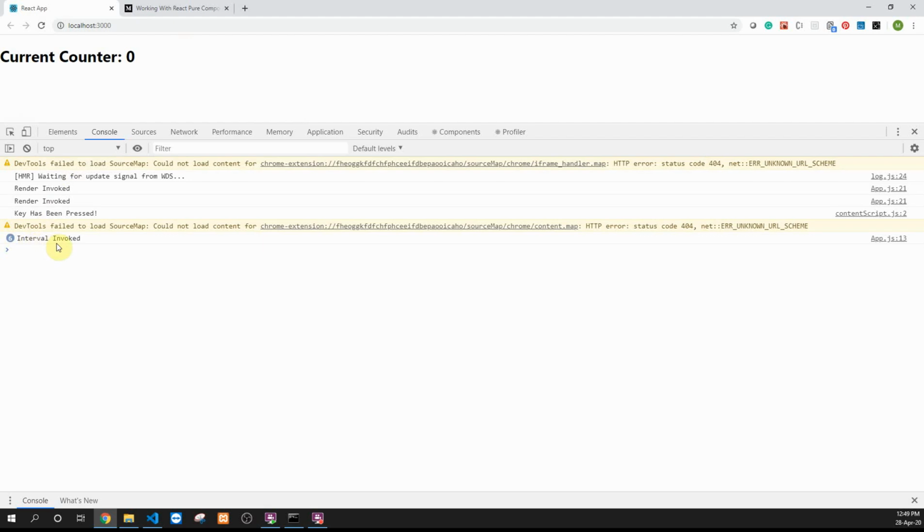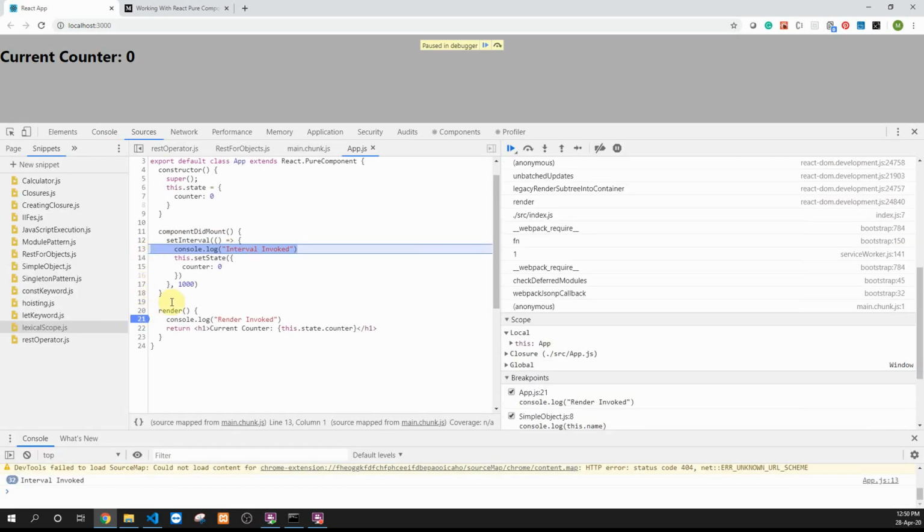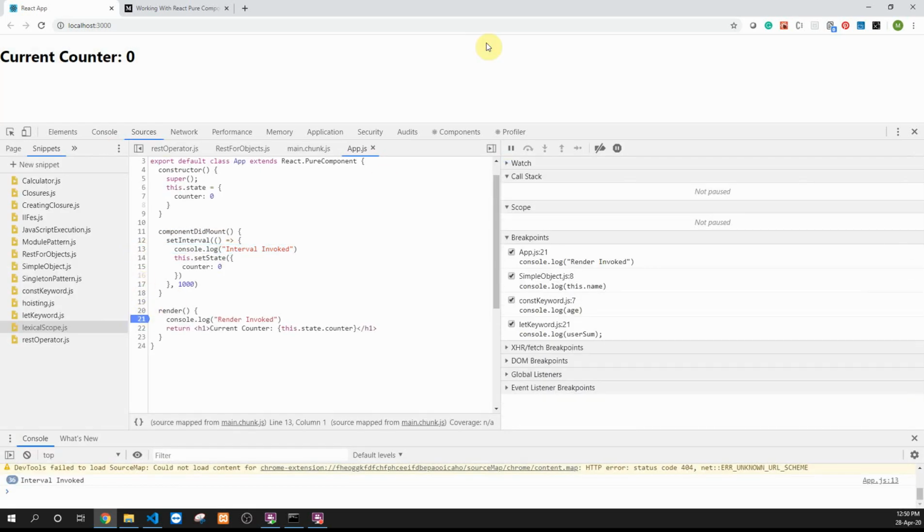Now every second this interval is being invoked, setState might be getting called, but it is not calling the render function back. The benefit of PureComponent here is that it sees that the value of the counter variable is not changing with time. The value was initially 0, and setState was being used to update it back to 0. So even when we were calling setState, the pure component internally figured out that there is no effective change in the counter variable, so we need not render this component. That is how a pure component can be really beneficial.